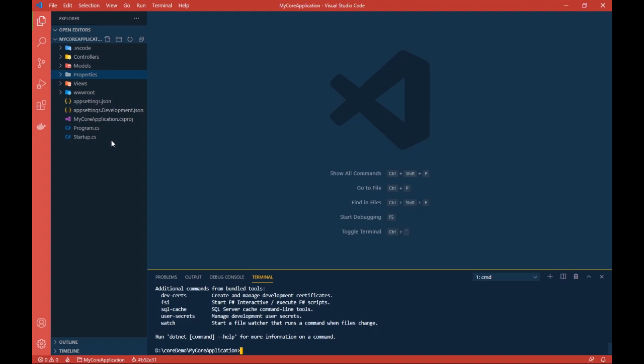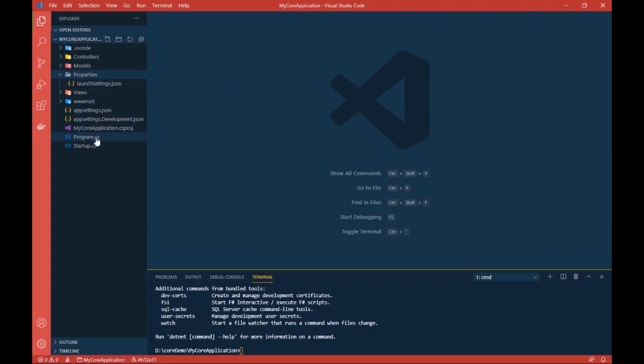Let me tell you the names: the Program.cs file, Startup.cs file, appsettings.json, appsettings.Development.json, and launchSettings.json. These are the fundamental files that are needed by .NET Core to start the execution of the application, or in terms of .NET Core, to set up a host.